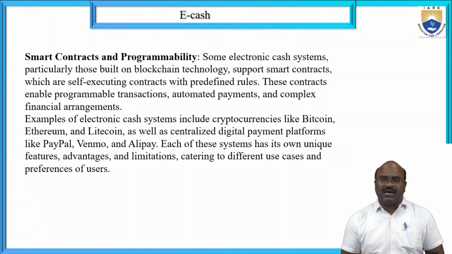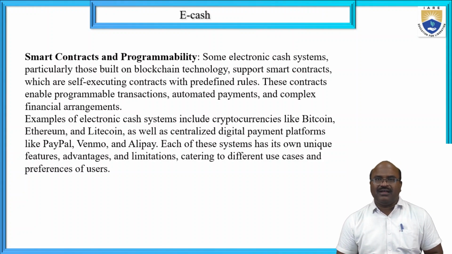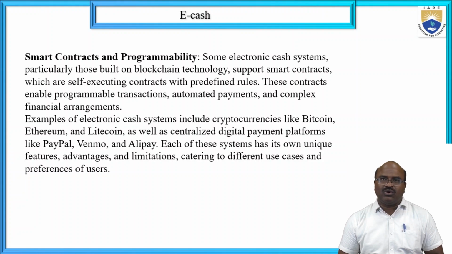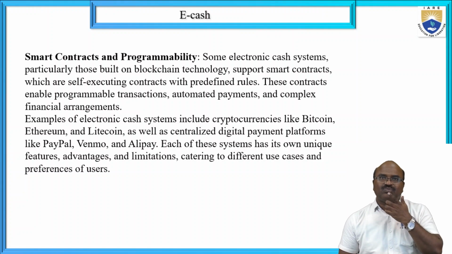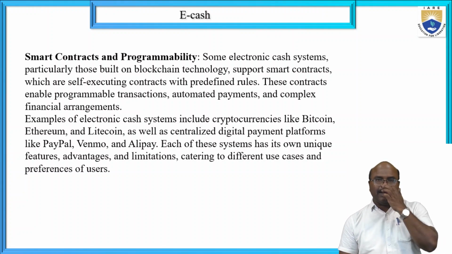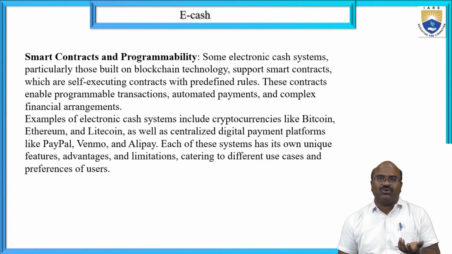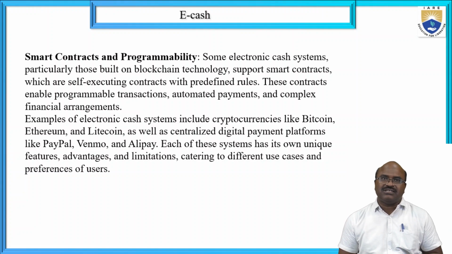Intruders tampering with the data, and thefts stealing the amount, are not possible with smart contracts and programmability. After implementation of these two, thieves getting involved in the transactions becomes very difficult. Some examples are also there. Examples of electronic cash systems include cryptocurrency. Nowadays cryptocurrency is one of the best e-cash or digital currencies that can be implemented worldwide,